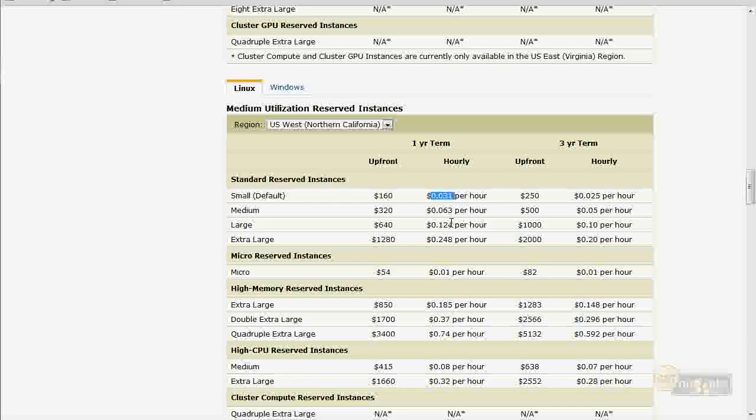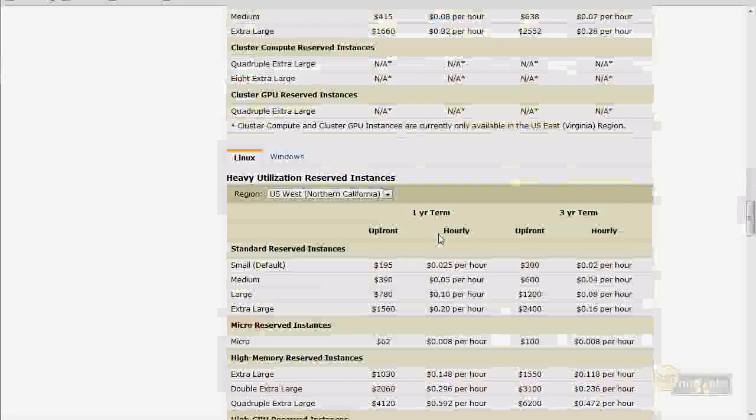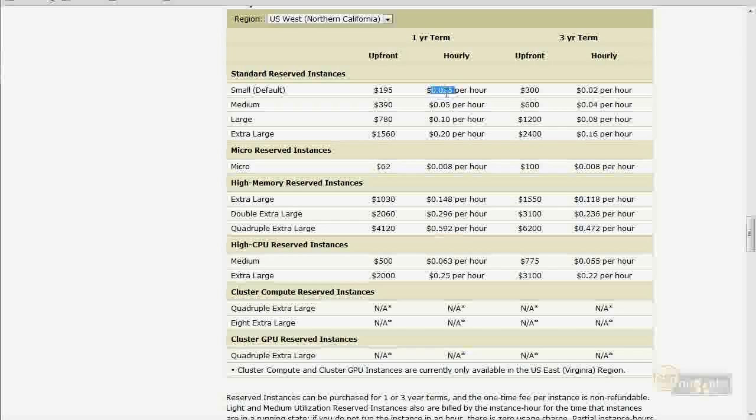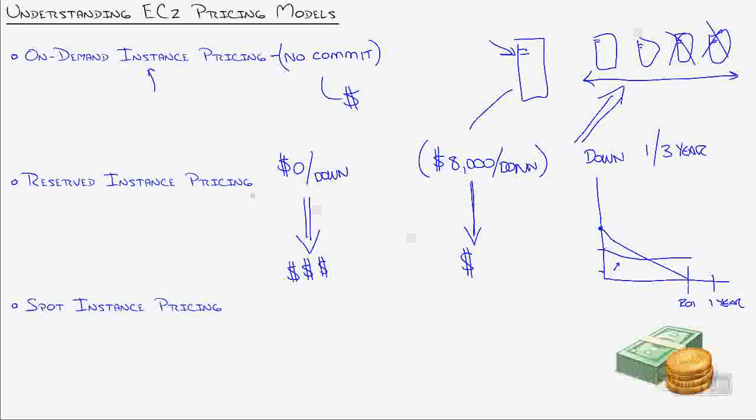It's very simple to create just a little equation to do the math and say, okay, if this server runs the way I think it will, I'm totally getting a way better deal going with the heavy utilization, or whatever mindset you end up going on. So that's what the reserved instance pricing is all about. Again, it's paying down your mortgage and getting a better return by the time it's all said and done.